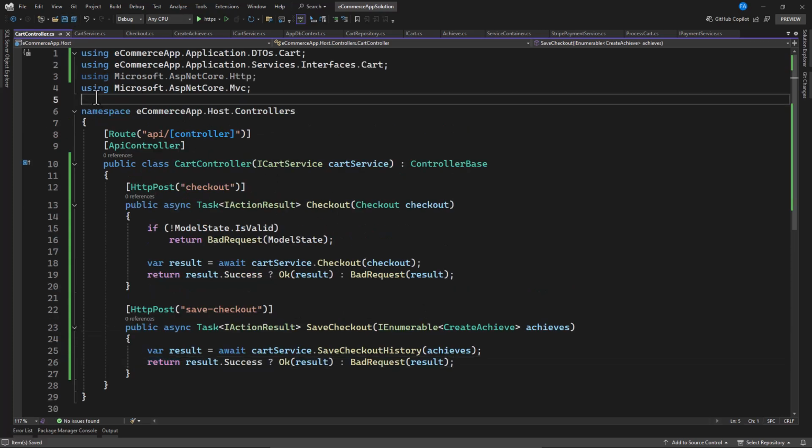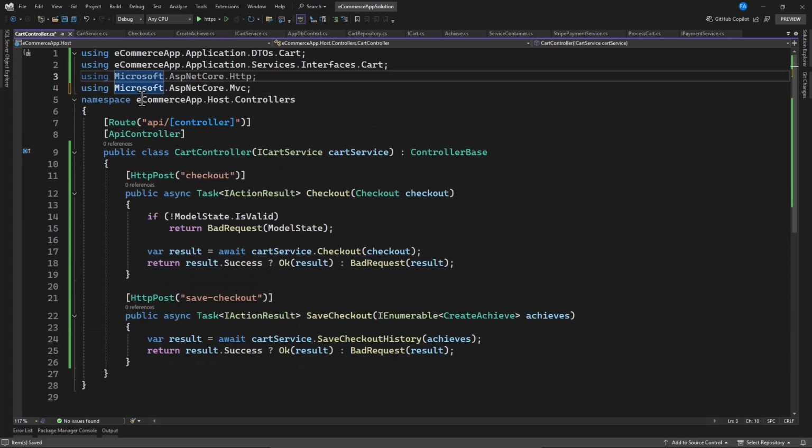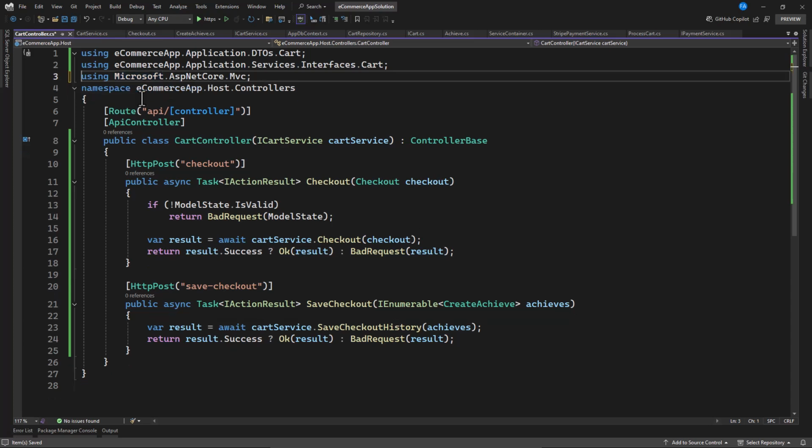Now, in order for this to work, you cannot just run this and make it work, because you need an API secret key from Stripe. So you need to go to Stripe, create an account in there, and then get a secret key. I have mine, so I'm going to show you how you can do it. But before that, let's go to our